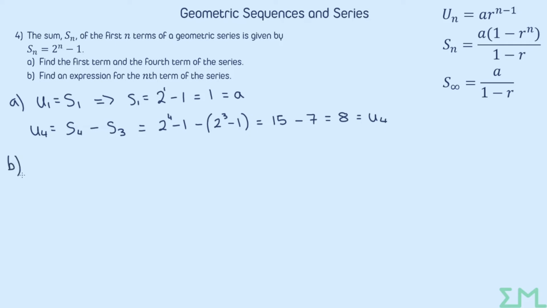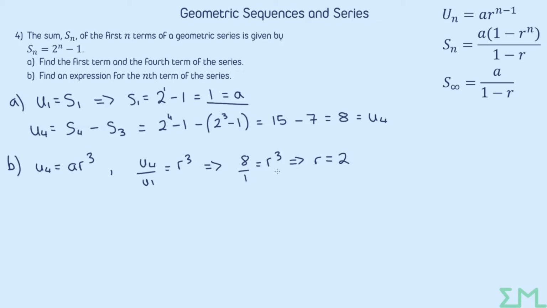Part B, find an expression for the nth term. Okay, in order to do that we need A and R. We've already got A, so that leaves us to find R. We could actually take our U4 and U1, work that way, because U4 is equal to AR cubed. So if we took U4 and divided it by U1, which is A, we would just get the R cubed. That means that we have got 8 divided by 1 being R cubed, which leads us quite nicely to R